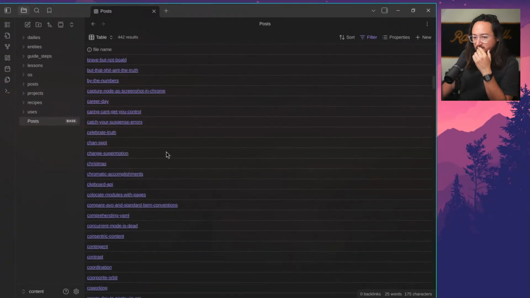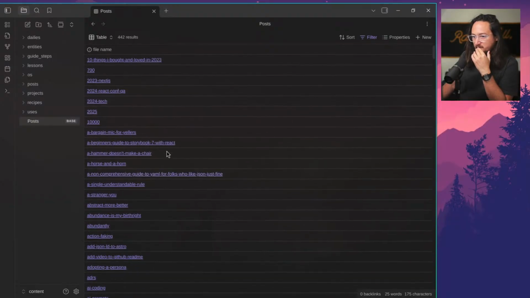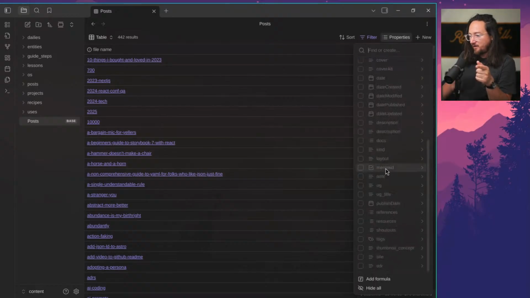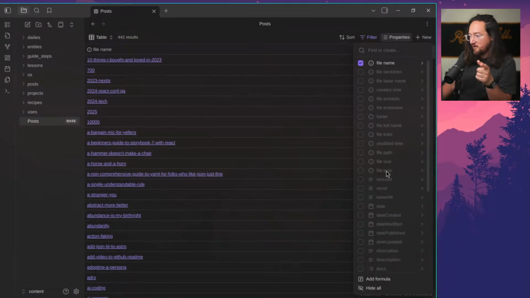Okay, so I should be able to filter these. Now that we have a filter set that I want for these posts, I want to go into properties and see what properties we can pull out and then what we learn from those properties. Okay, so file name is actually not super useful to me right now. Okay, so it looks like the I circle